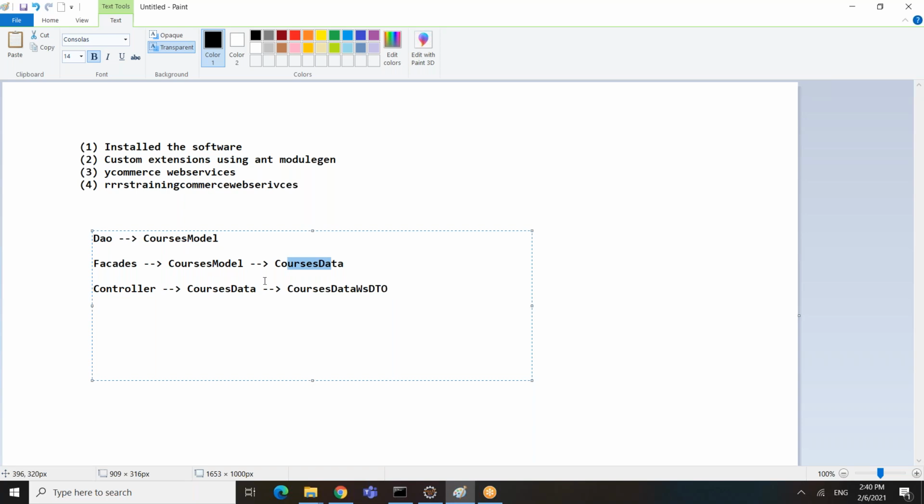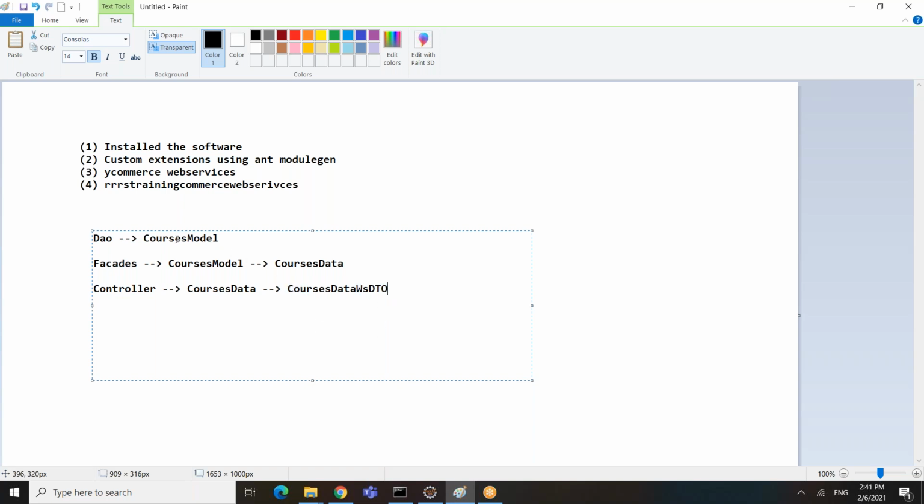The service always returns the corresponding WSDTO. So basically converting from model to data, data to WSDTO, which is another form of object. And this WSDTO will be returned as part of the service, and the consumer will use this WSDTO and use the data as per his requirement.